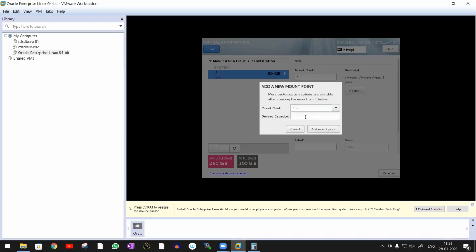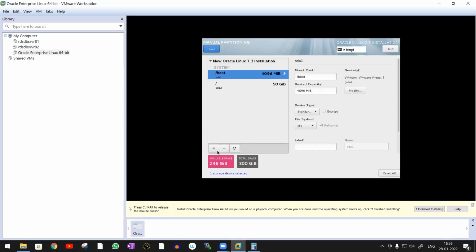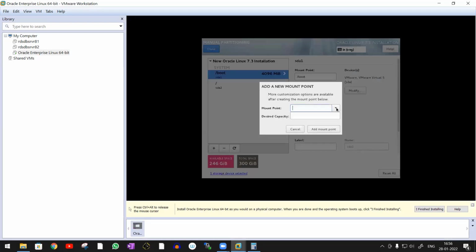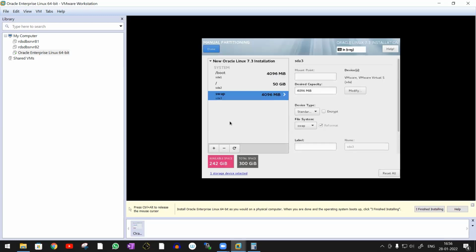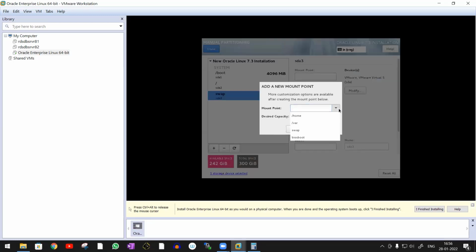Next again click on plus. So for booting you need to give some amount of MB. So here I'll give 4096. Again click on plus. Swap also I'll give as 4096 only. Swap memory, add mount point. Again click on plus. For the home directory